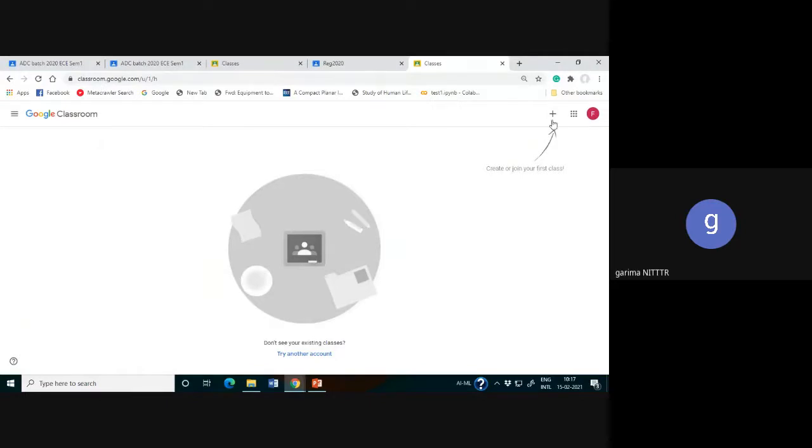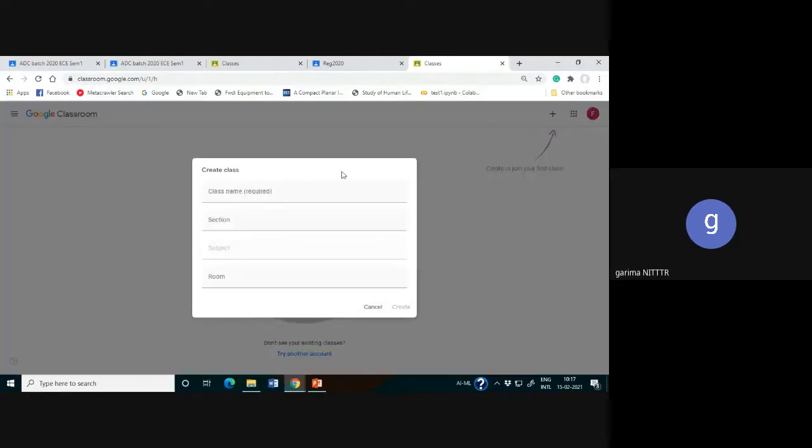I'm going to create a class for this STC. I'm keeping the class name as FOSS, free open source software, and I'm writing the section as, suppose, A.